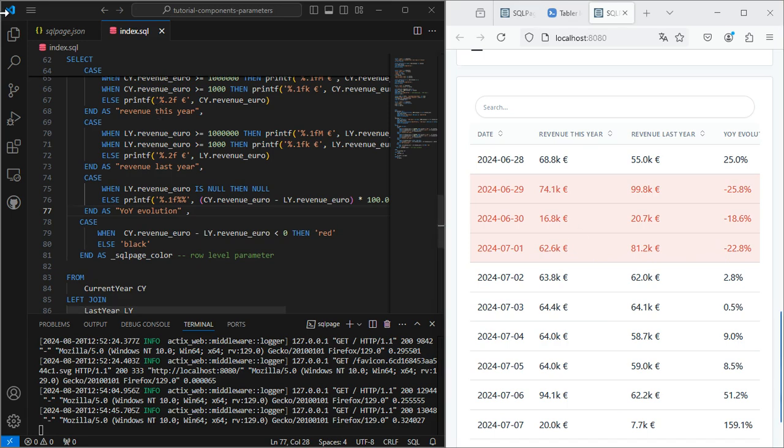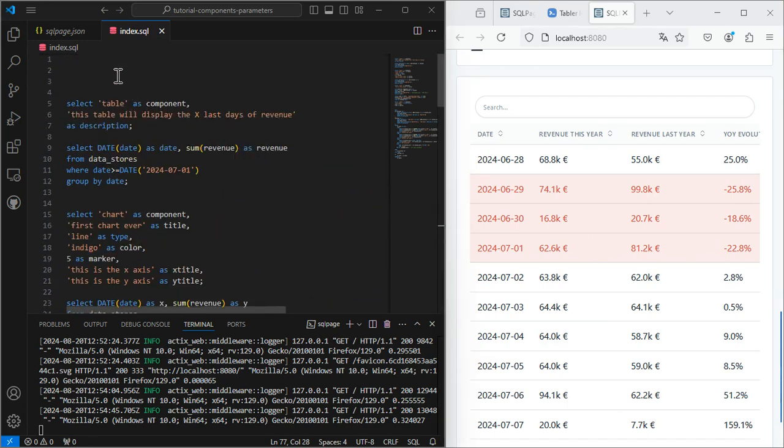First, let's add a shell component at the beginning of the script. The shell helps personalizing the surrounding of your page contents. It is used to set properties for the entire page.